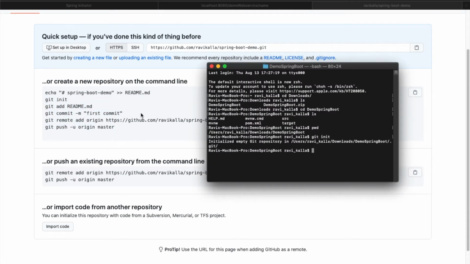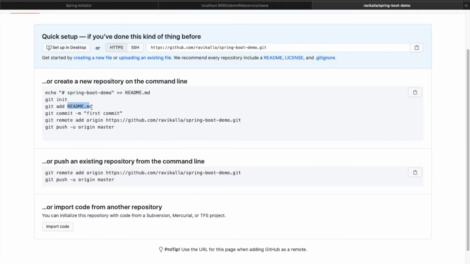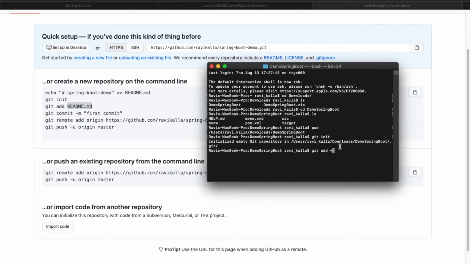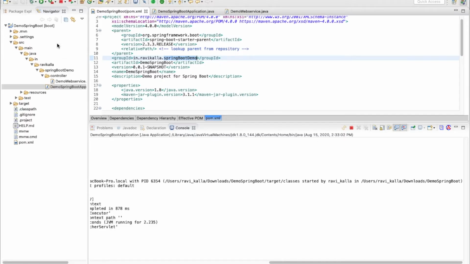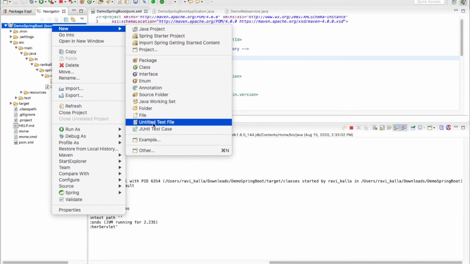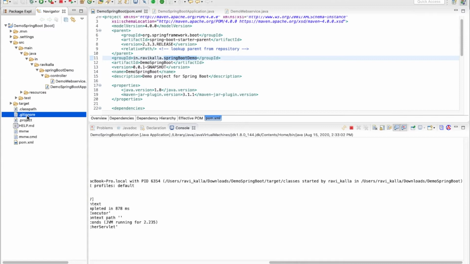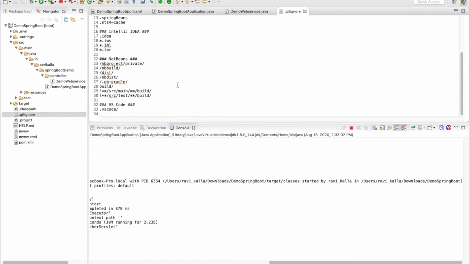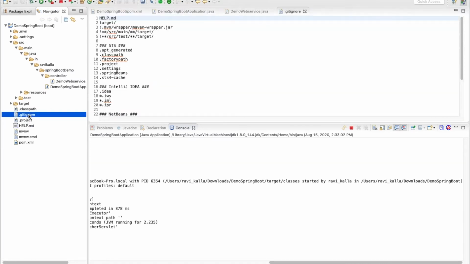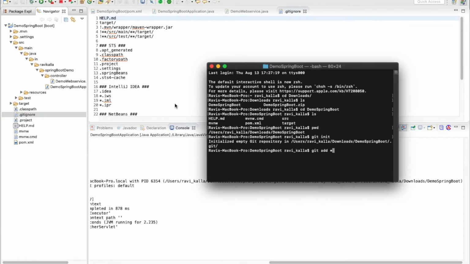Git init, that is the first line there. Git add star, instead of readme.md, I'm giving star so that all my files will be uploaded. I wanted to add a git ignore file there. That I can do from here. Git ignore dot git, this already exists. Okay. Oh, very good. The git ignore file was already created by Spring in the boilerplate code, so I need not add it